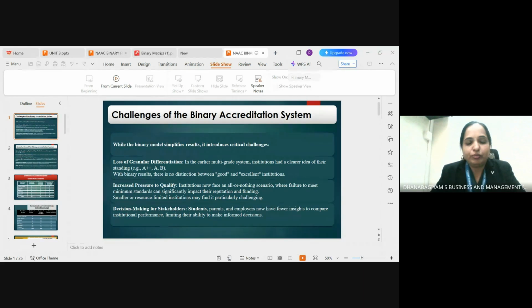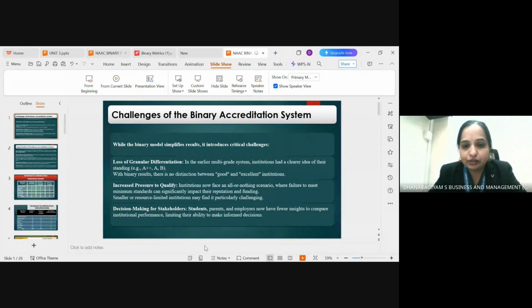Okay, before moving on with the session, let us have a few insights. Since yesterday sir was also talking about binary accreditation. Currently, this binary accreditation is an important version, the extended version of NAAC. Earlier, we had 7 criteria. Now there is a transformation, a strategic change, as we get ready for the binary accreditation system process.